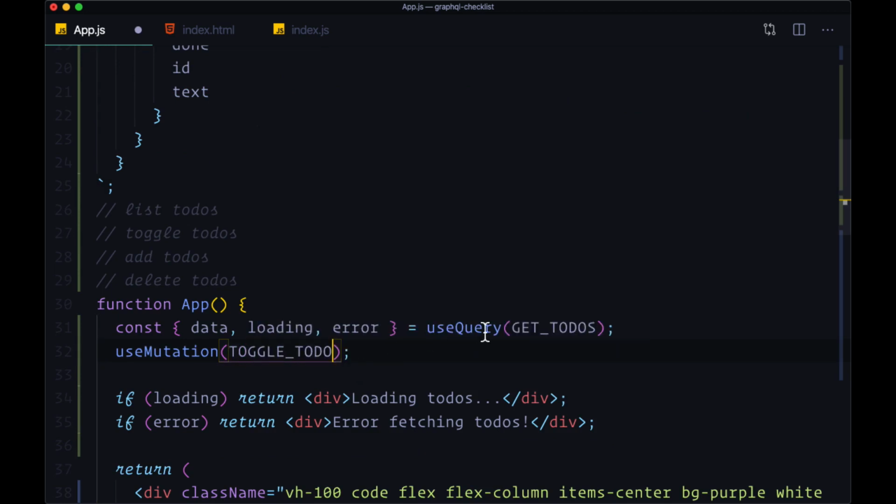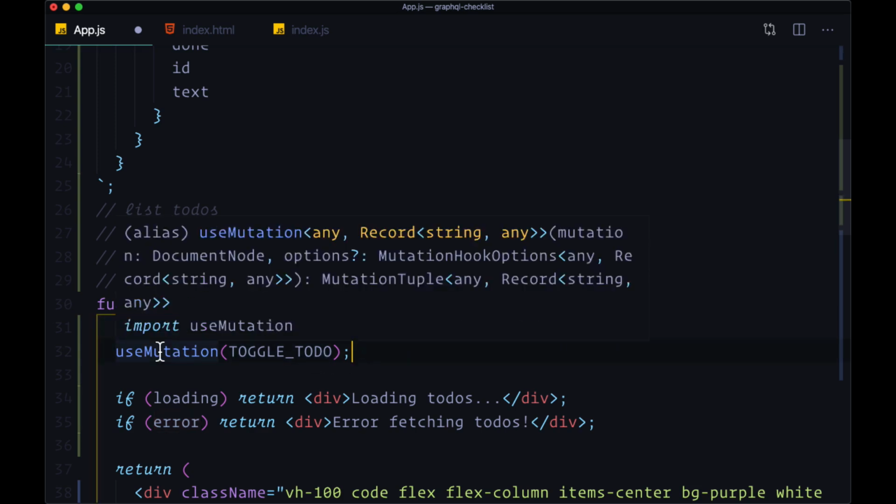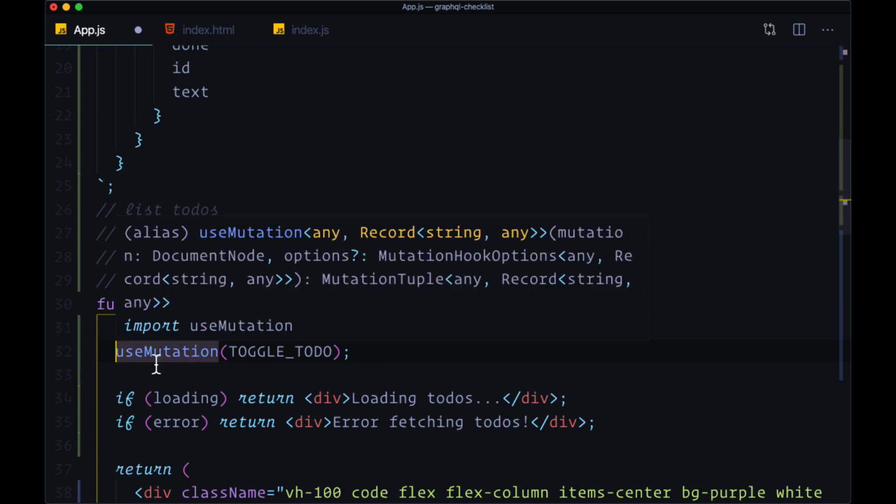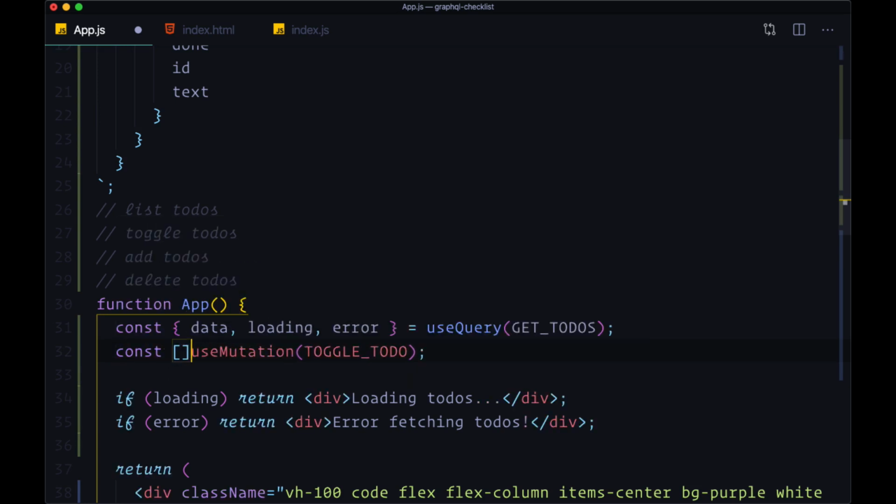Now as compared to getting back from useQuery data, loading, and error, among other values, what we're going to get back from useMutation that's going to be most important is a function. But instead of getting it back within an object, we're going to get it back as the first element in an array. So here we want to use array destructuring, and we're going to call this function toggleTodo